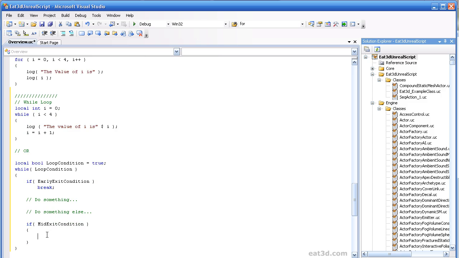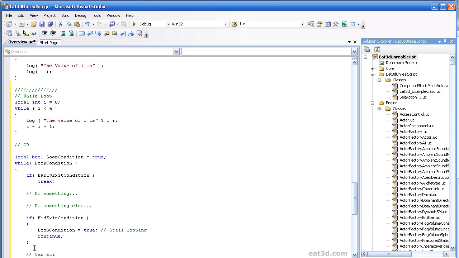So inside here, what we might want to do is set our loop condition, which is our local scoped variable. So we're inside a function, the local variable loop condition is what we're checking against. Loop condition here, we're going to set equal to true. So we're still looping in this case. And then we're going to continue. So the continue keyword will break you out of the execution if there's more stuff happening below here. So we can still do something else here, but if we want to have this mid-exit condition, the continue, we're still leaving loop condition as true, but we're not really breaking, we're continuing out, saying start the loop over again.